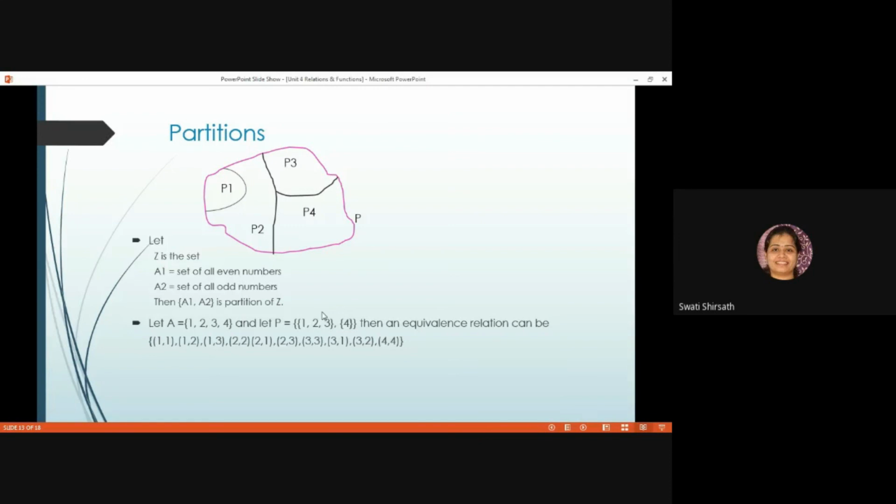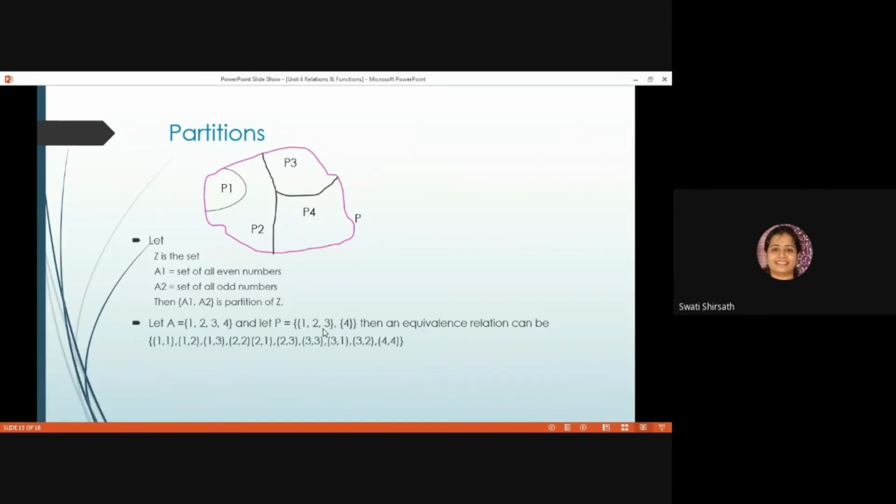Okay. So let's see. For 1, 2, 3, how many pairs can I form? 6 or 7, I guess. 6. So (1,1), then (1,2), and (1,3). Order matters because you're starting from 1 now. So first you'll write 1 and then you'll combine it with the remaining two elements. Okay. Then you'll start with 2 and combine it with itself and the other two elements.